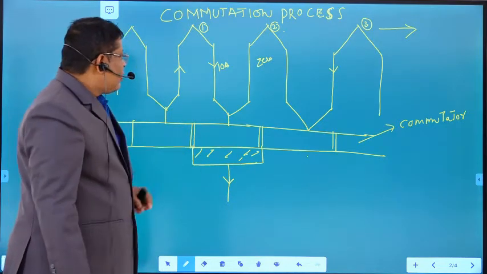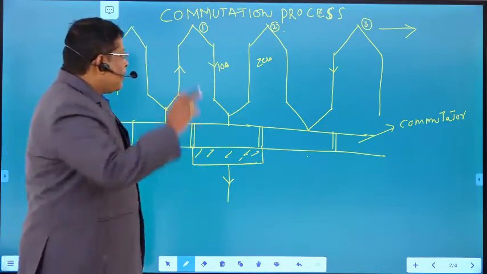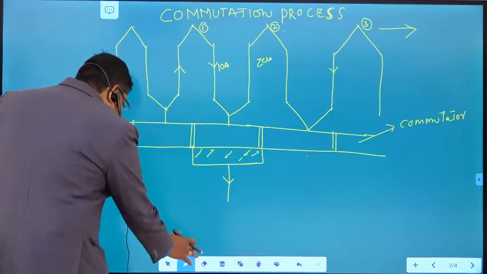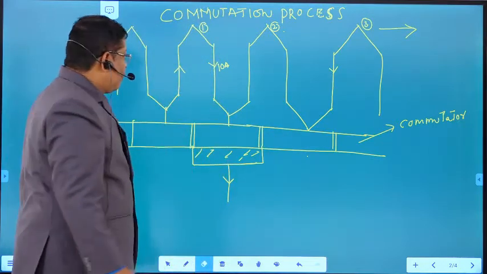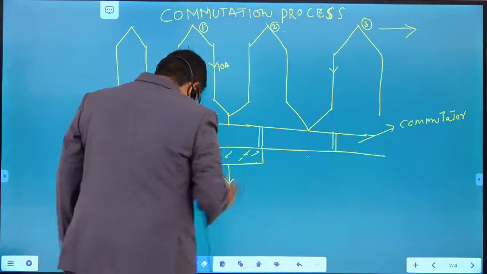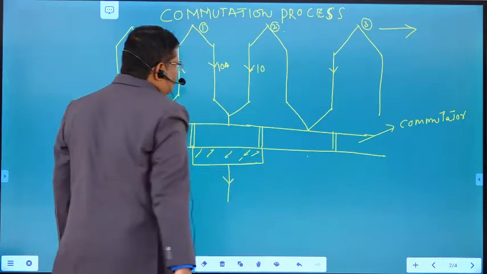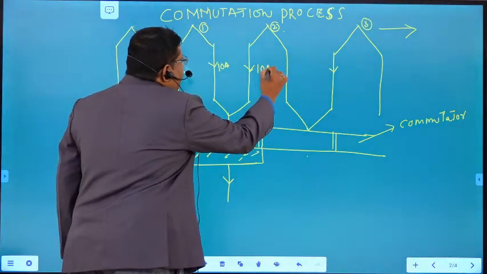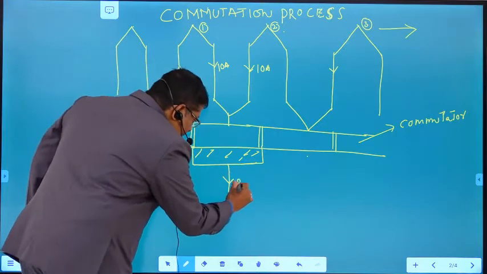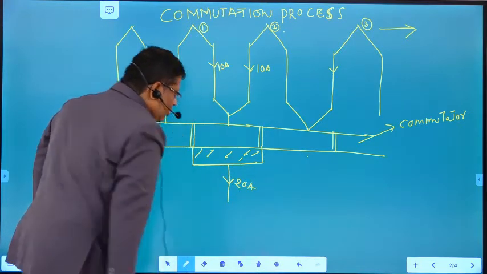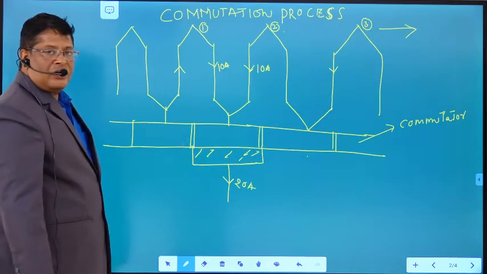In this case, how much current is given by coil 1 and coil 2? The current previously given by coil 2 becomes 0. Now the current through coil 2 becomes 10 amperes. The remaining 10 amperes will be given by coil 1. Now the total 20 amperes of current goes to the load. This is position 2.